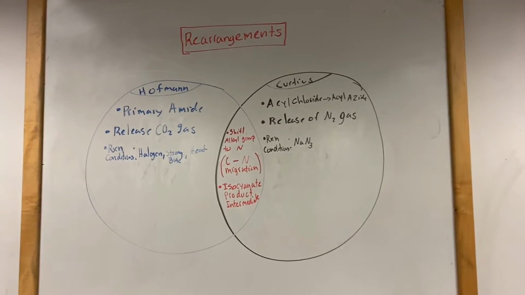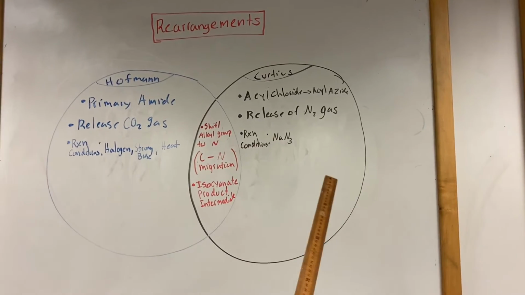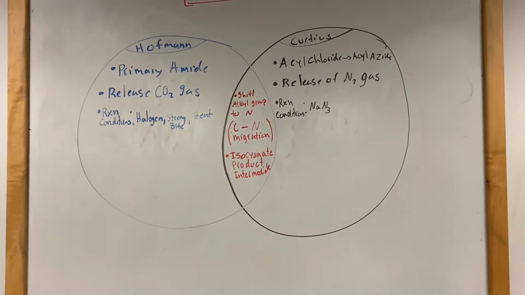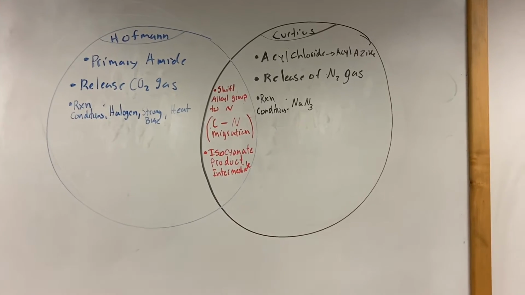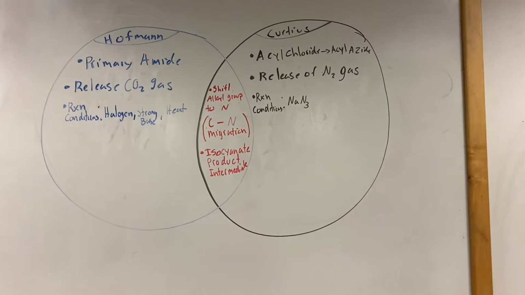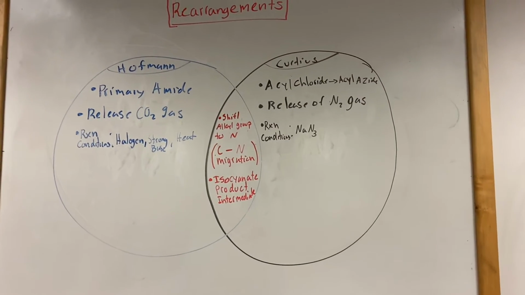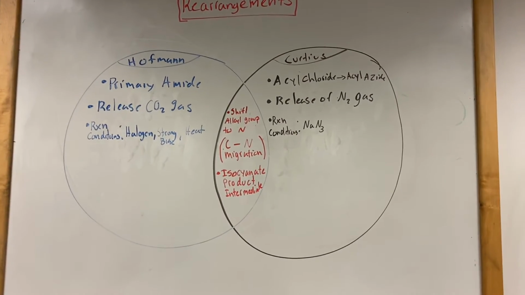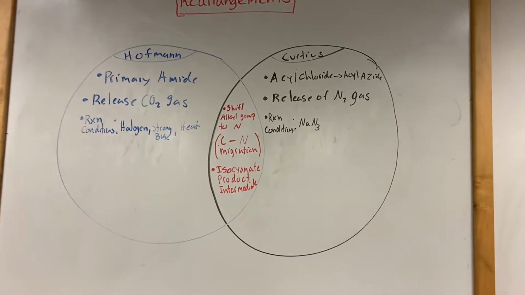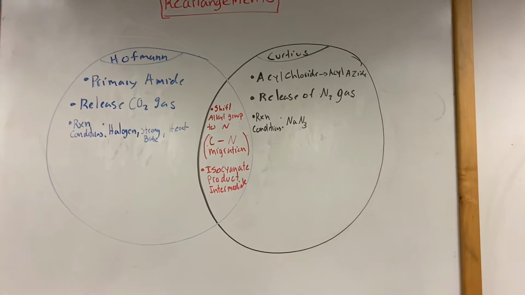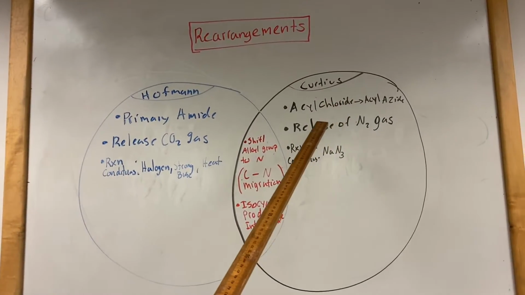Hi, I'm Rielly Harrison, and today I have two rearrangements, the Hofmann and the Curtius rearrangement. They both involve a shift of an alkyl group onto a nitrogen, and they have a product that will be called isocyanate, which can be used to form a lot of different things. But for the Hofmann, the starting material is a primary amide, and for the Curtius, it's an acyl chloride, which